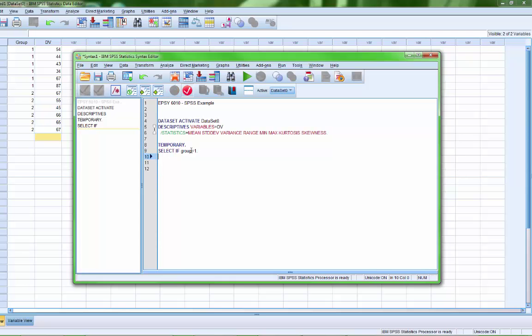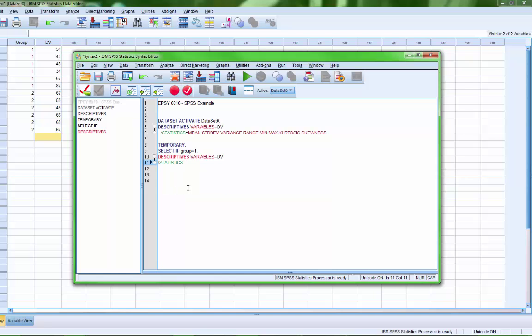And the next thing we want is descriptives. You can see it pops up. And then type in variables. And then we hit enter. And we want DV, which is the variable that we're working with. And you can always check against the one that SPSS created, so that if you're not sure what's going on, you can always see that. That will help you follow what you need to do. So next we have backslash statistics